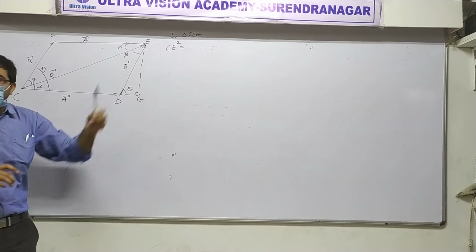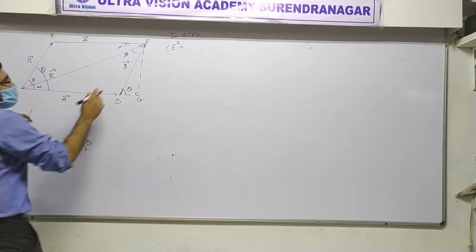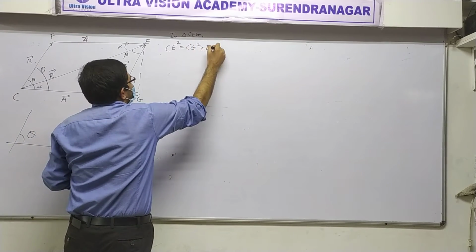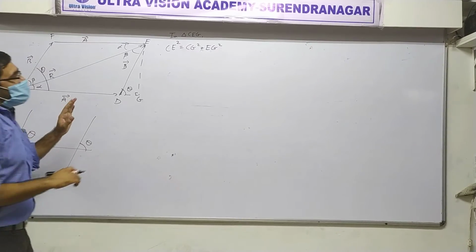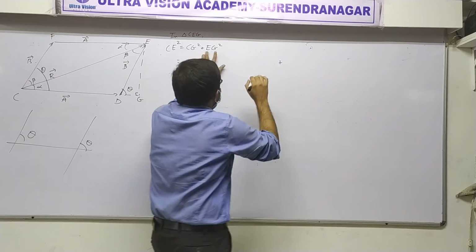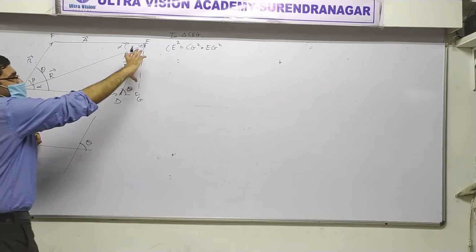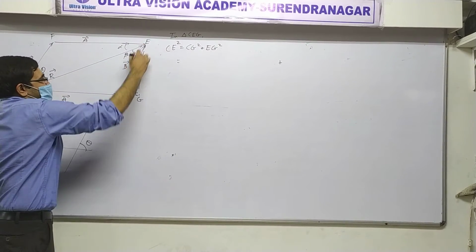Okay, CE squared is equal to what should I write? CG squared plus EG squared. Alright? Yes. Okay. First of all, leave a lot of space on this side and write EG squared value. Okay? What is EG squared? Look at EG. Do you see a small triangle? Yes. Okay, its hypotenuse is B.